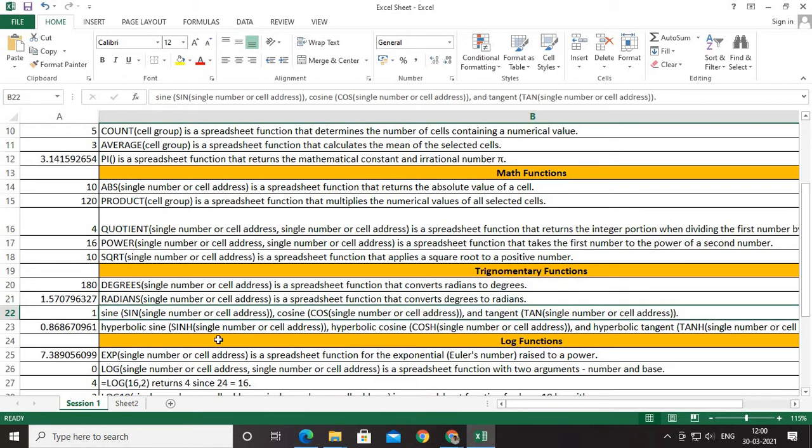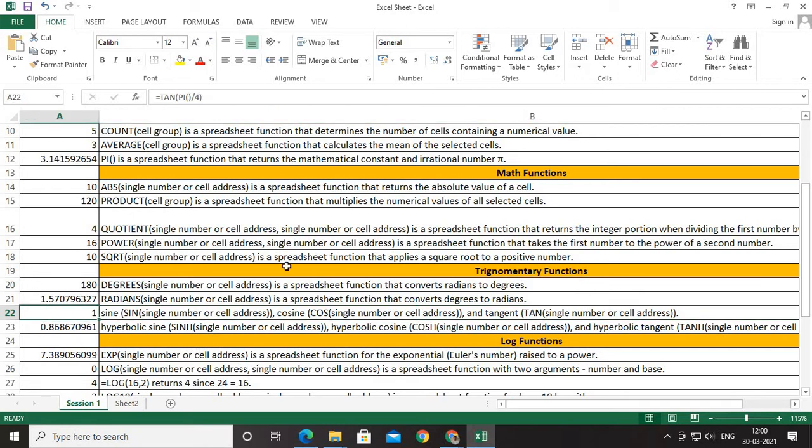Now we have got sine, cos, tan functions available. You can use them as appropriately as required. Tan of pi by 4. You can make it sine, cos, tan, anything is fine. Tan of pi by 4 will get you 1. I can change this, I can try to play around, and I can do whatever I want. You can see that here I am making it 2 now. So accordingly the value will be coming and the changes are seen. So tan of pi by 4 is now available.